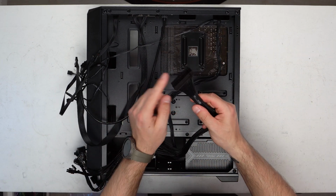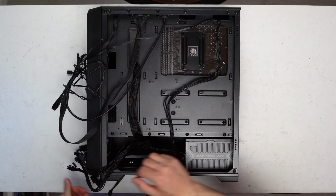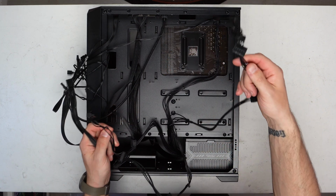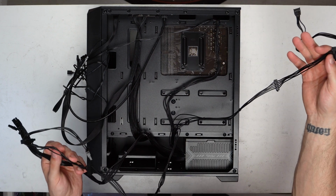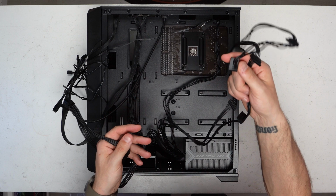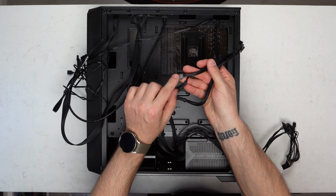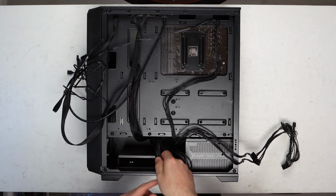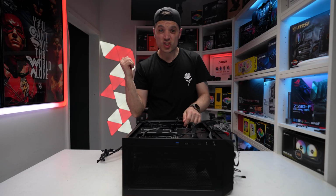Next one is our 24 pin, and that one's going through here. And again, we'll connect that one. These next 3 connectors, guys, we've got Molex and SATA power on here, which we don't actually need at this moment in time. Same for this one. And then last of all, we have our PCIe cable, and this is to power our graphics card. We'll push that through one of these bottom grommets, so we've got it there for when I install the actual